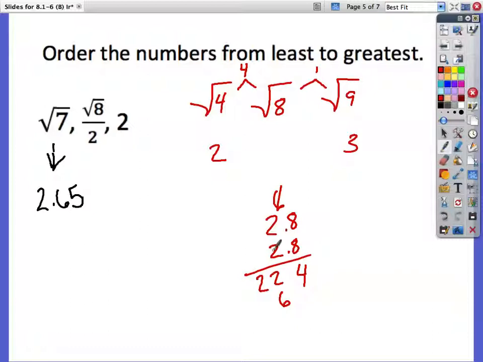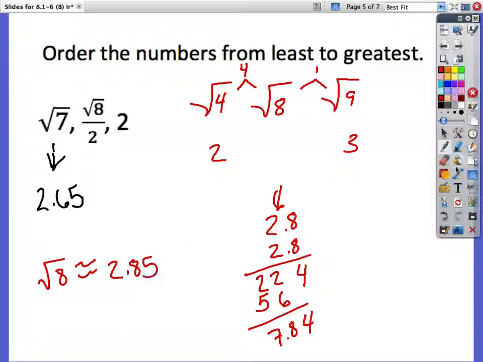So 2 times 8 is 16. 2 times 2 is 4 plus 1 is 5. There we go. 7.84. Okay, so that's less than 8. So I know that this is going to be 2.85. Sorry, my mistake. The square root of 8 is approximately